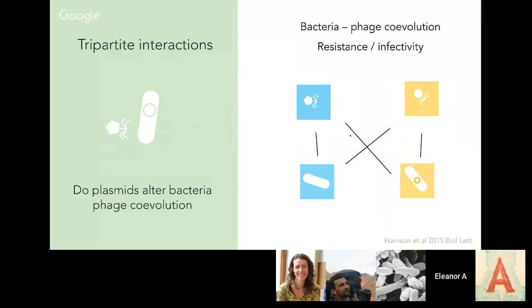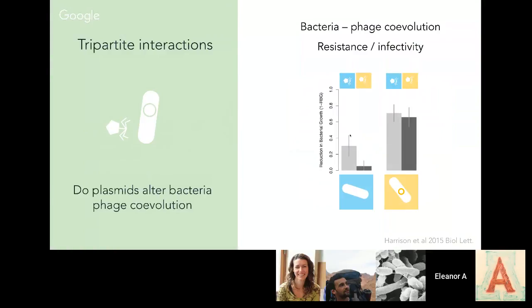I did this just by streaking assays, so scoring bacteria for phage infection. Oh, that's a lie, actually. I did that in a plate reader, so it's a quantitative estimate of phage infection. Okay, so this plot then is a reduction of something like 12,000 crosses of bacteria and phages, but essentially it's